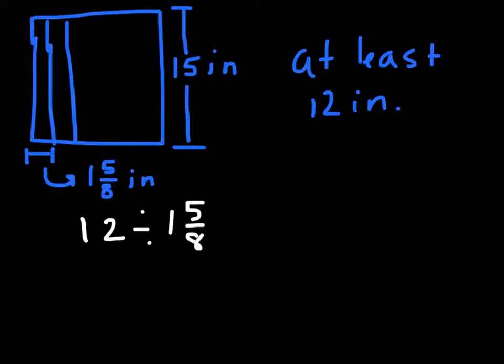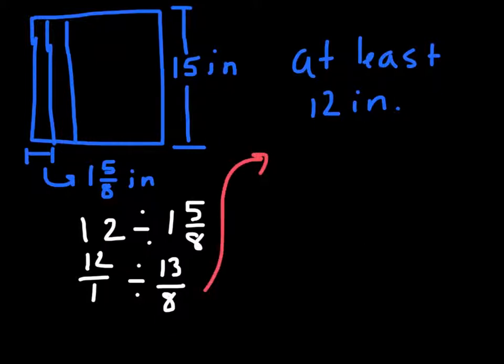First we have to write the numbers as improper fractions. That would be 12/1 divided by 13/8. And now to solve, we multiply by the reciprocal. I've run out of room, so I'm going to move up here. So that would be 12/1 times 8/13. So let's multiply across, and that will give us